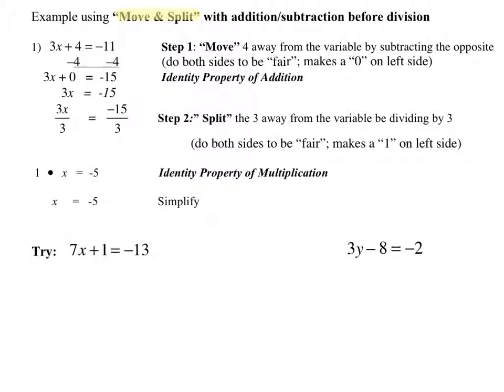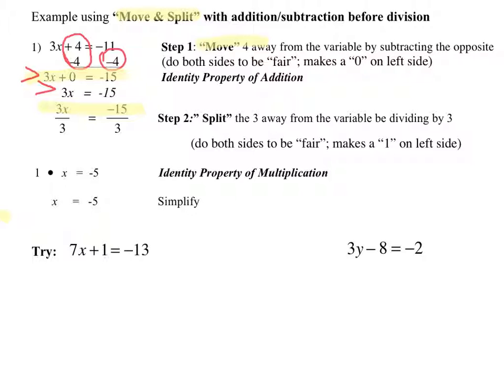So our first move is to move 4 away from the variable by combining it with its opposite, or subtracting. To be fair, we subtract on the other side also. This gives us 3x plus 0. We do not need to show this step, which simplifies into 3x equals 15, and you don't need to show that step either. But you do need to show this, 3x equals 15,